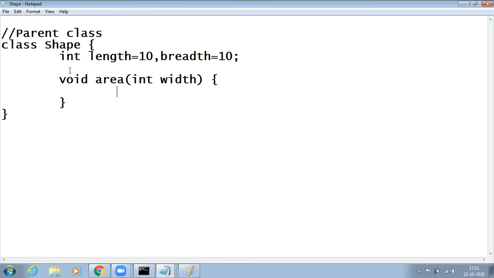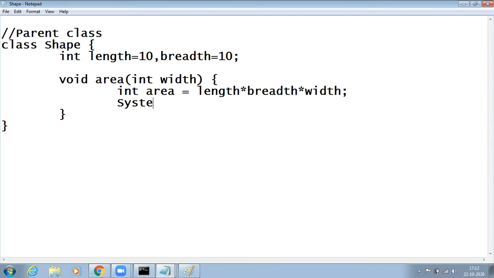Now find the area: int area equals length into breadth into width, and simply print it with System.out.println of area.